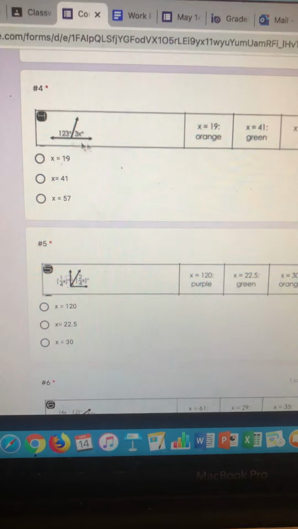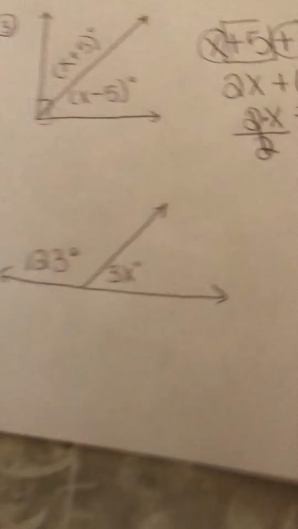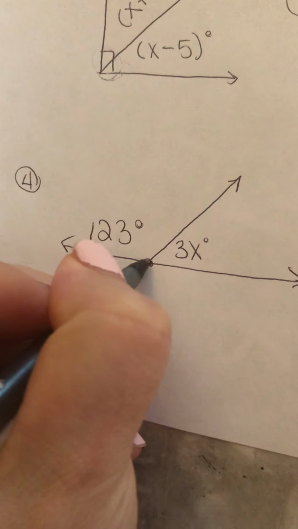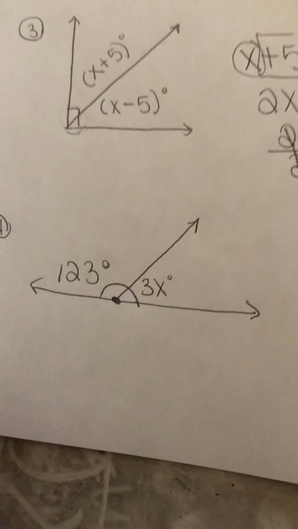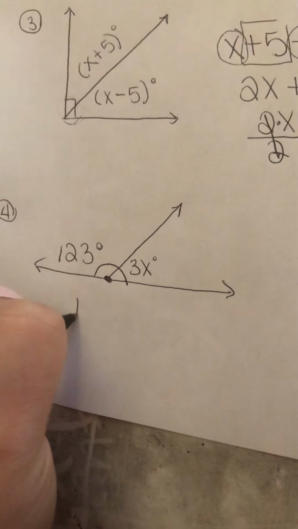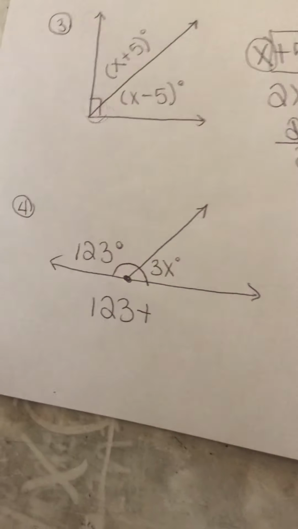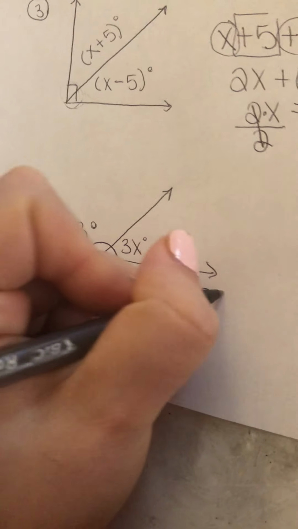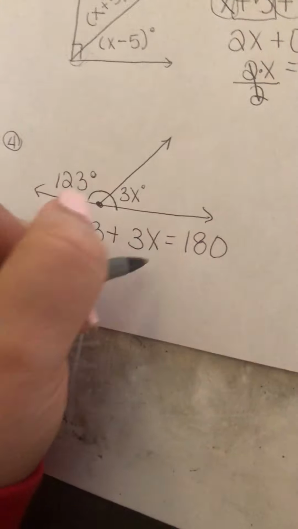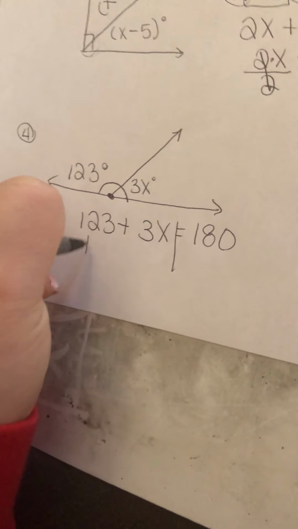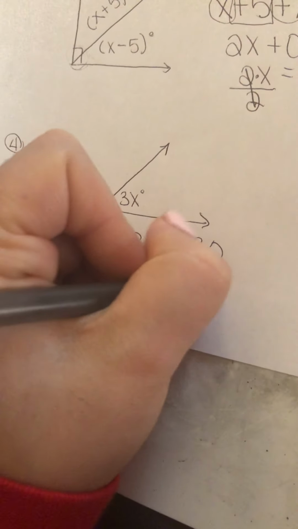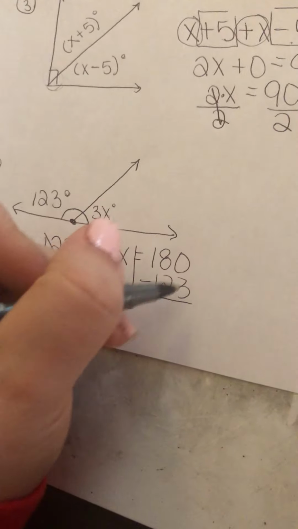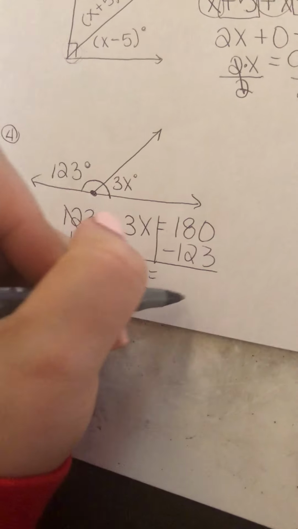All right, so number 4, right? It's a straight line. So we know that these two angles would add to 180 degrees, so we call them supplementary, right? So I'm gonna write my equation. It's gonna be 123 plus 3x equals 180. And then we solve our equation for x. So again, we would move our constant, right? Okay, we bring down 3x, and then whatever this difference is, you would then divide it by 3 to